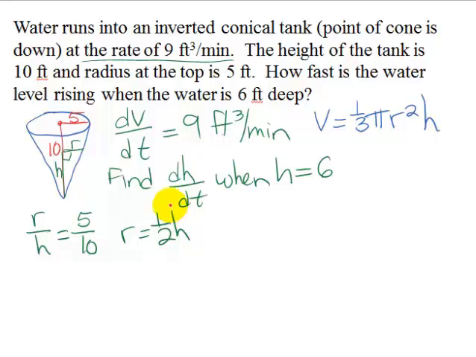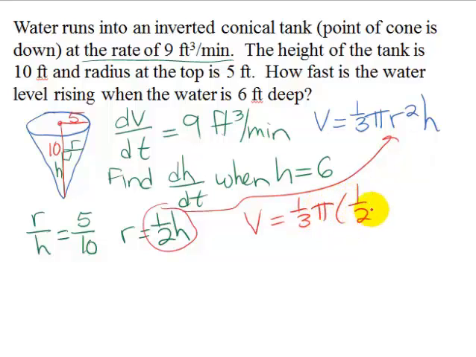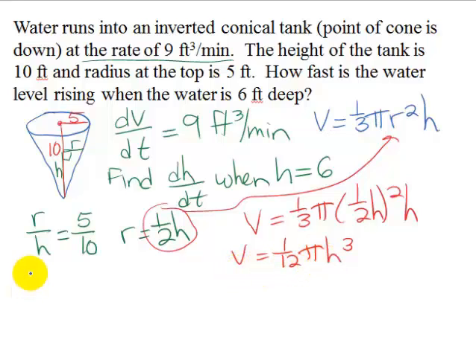Now I can take that and substitute it in right here, and I will have an equation that relates V with h. So it's going to be 1/3 pi times 1/2 h squared times h. So the volume equals, let's see, if I square the 1/2, I get 1/4 times 1/3, so that's 1/12 pi h cubed. Now I'm ready to take the derivative of both sides with respect to t